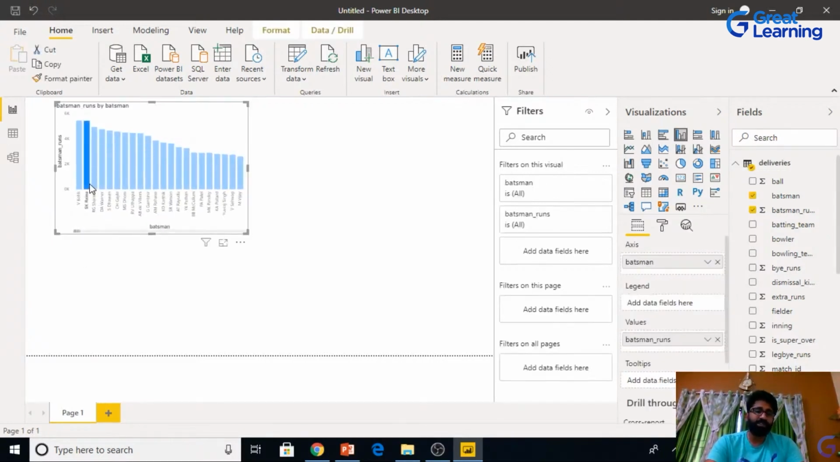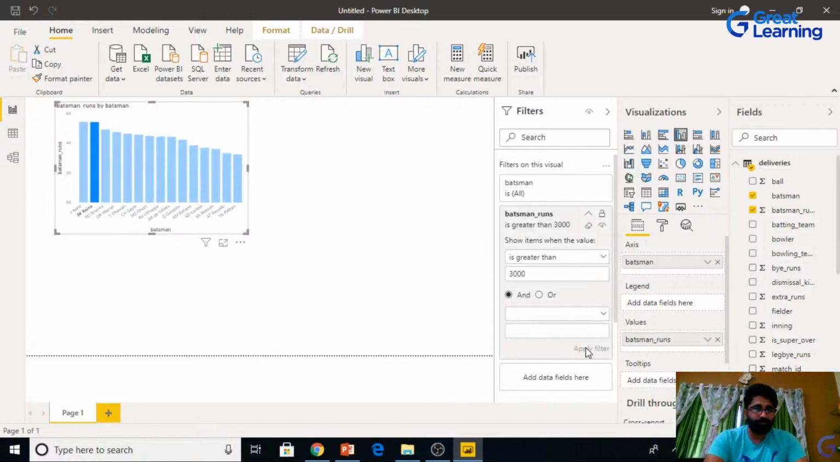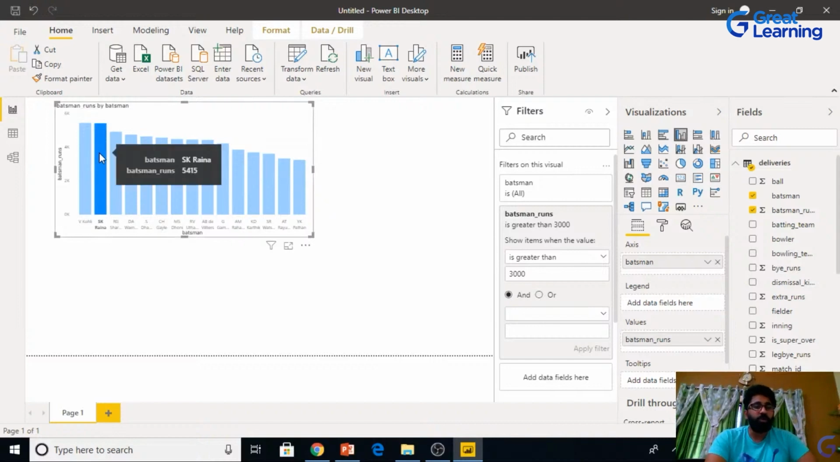So again, guys, since there are so many batsmen who batted in IPL, you cannot just go ahead and make some sense out of it, right? So let's just go ahead and add some filters to it. So batsman runs, I'm gonna say greater than 3000 and see if we can reduce the number. There you go, the number is reduced fairly, right? So we've actually gone ahead and broken it down to 10 to 15 values at the max,